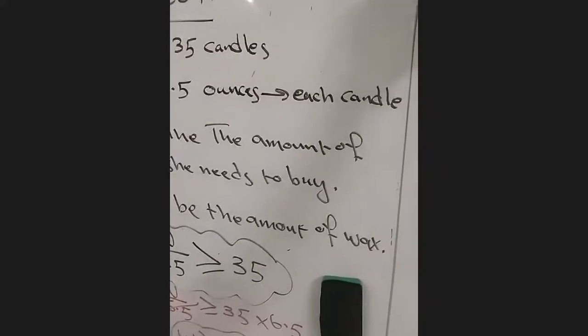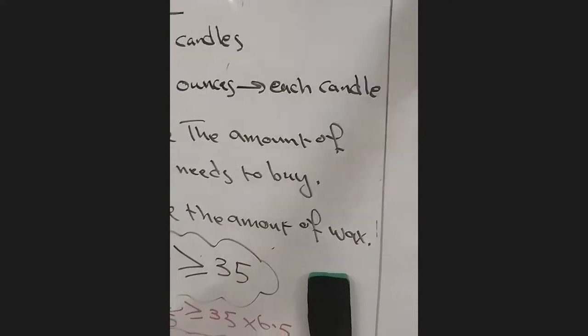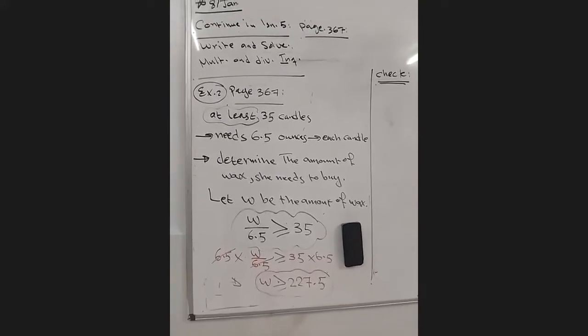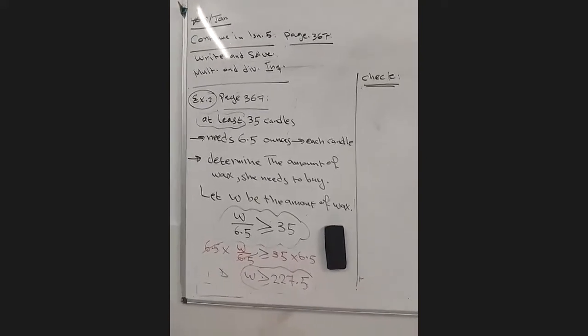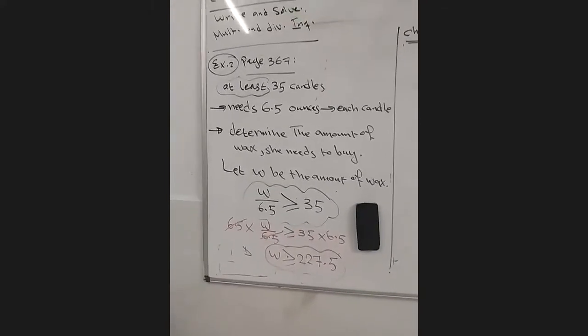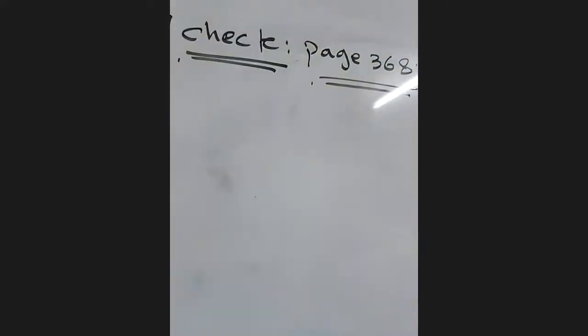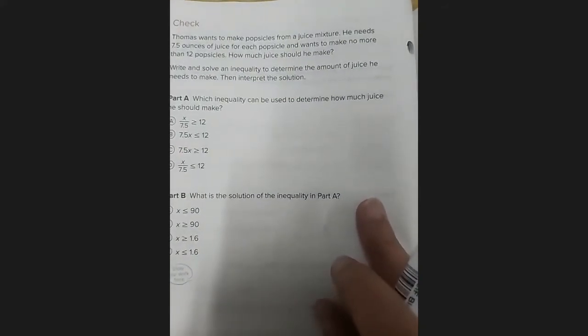Now we are on the check, guys. After example 2, we have the check. Dawood, do you understand that? Yes, Mister, I understand. Which page, Dawood? 368. We have the check question there. Read. Thomas wants to make popsicles from a juice mixture. He needs 7.5 ounces of juice